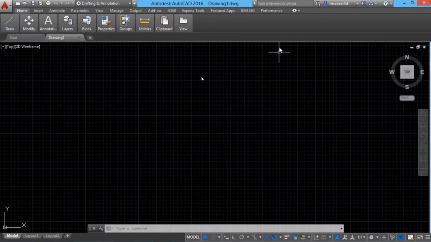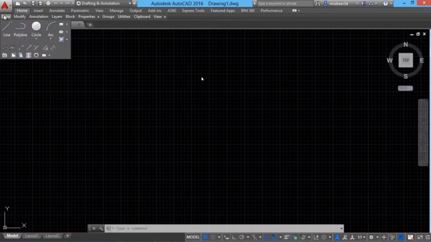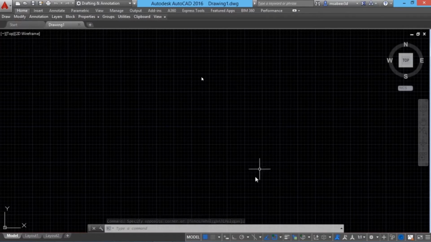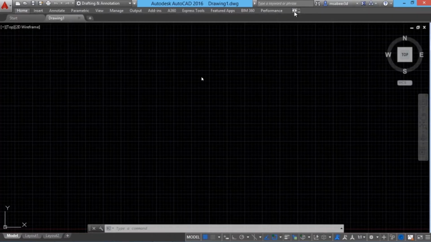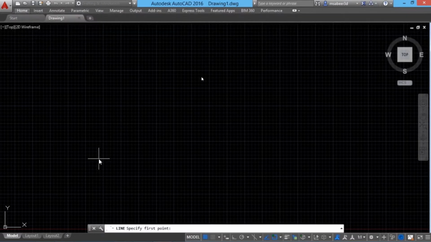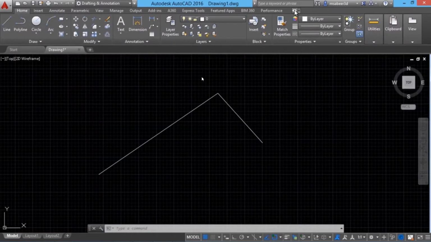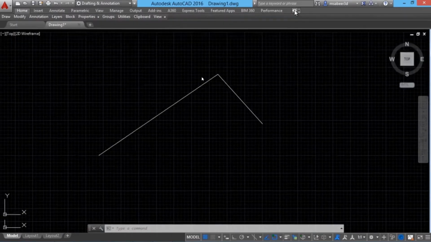Next, if you click once more here, then the panel buttons will get changed to just tabs. And when you take the cursor here, you will get access to the same number of commands. Now you have more screen space available. Now if you make one more click, you will see only the tabs. And when you take the cursor onto a particular tab, and when you make a click, you will see the ribbon temporarily appearing on the screen. And suppose I click on the line command, and I click the start point, that ribbon will disappear. If you want, you can cycle through the same sequence to get all the states back. That means if I make a click here, you will get the full ribbon. And if you make one more click, you can get back to all those previous states.